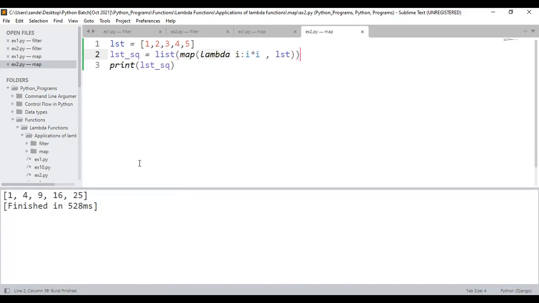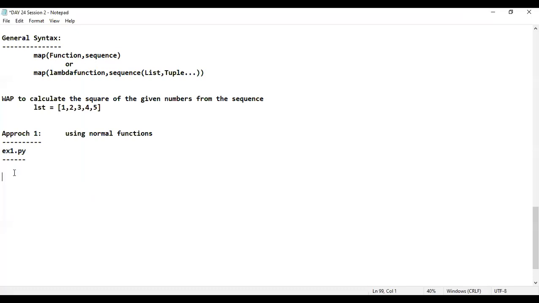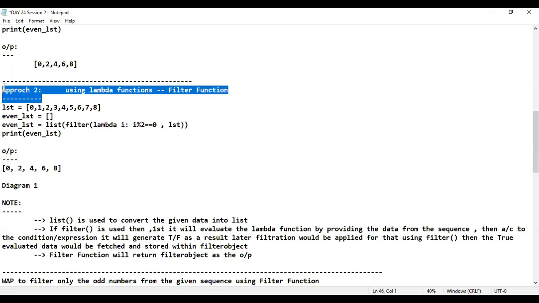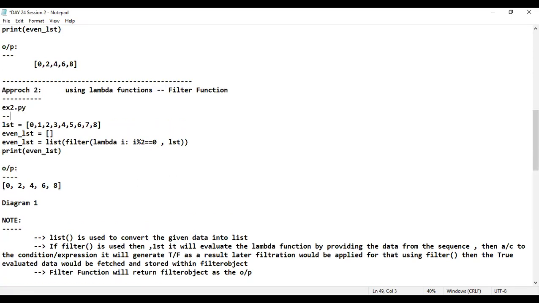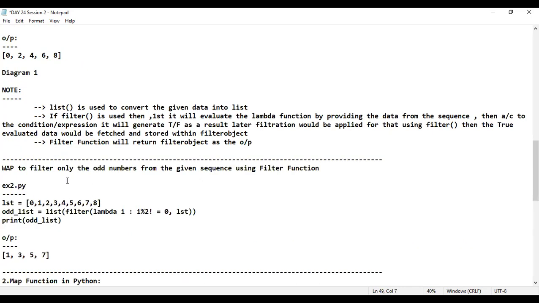Now tell me how many of them are able to understand the output. Please do respond in a very quick manner. Yes or no, that's it. Okay, great. Let me just come back here.